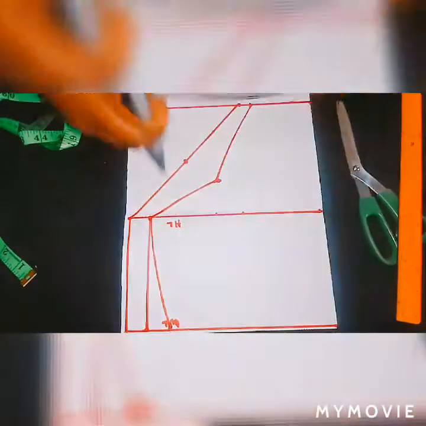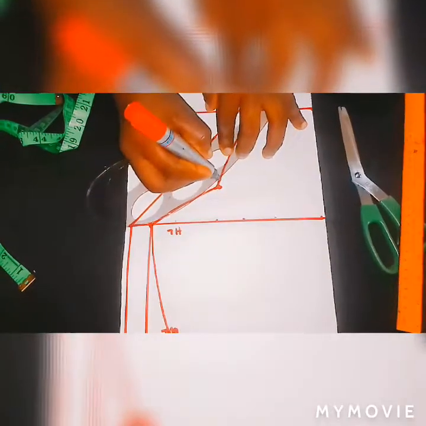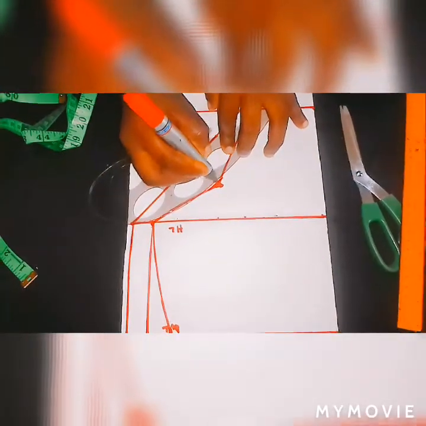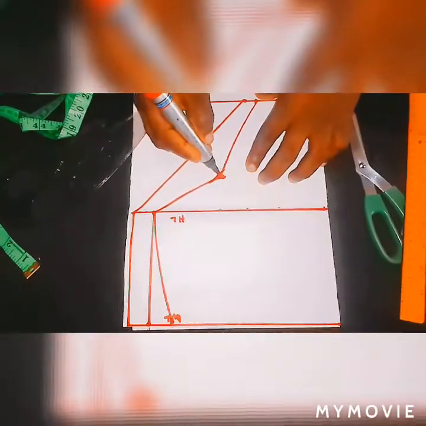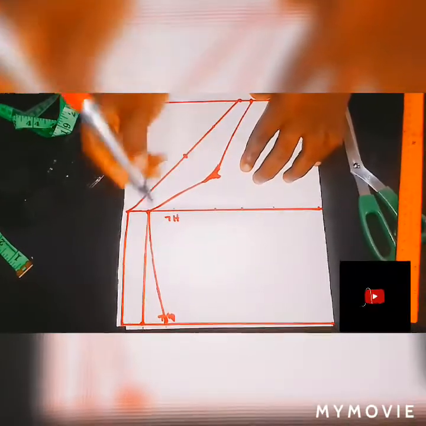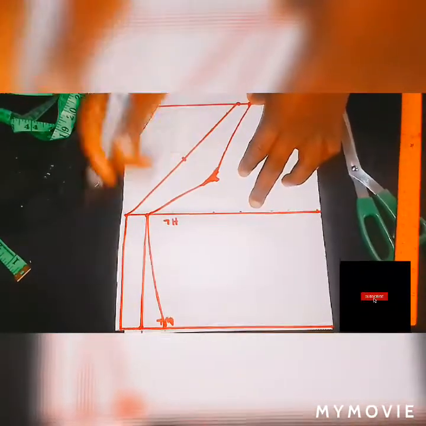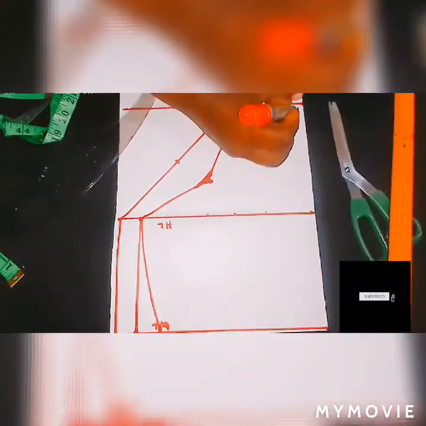So now let's make the shape more sexy. Don't mind my shape, I'm making it sexy. You can use your free hand to just make this place sexy like this. So from here to here I'm using